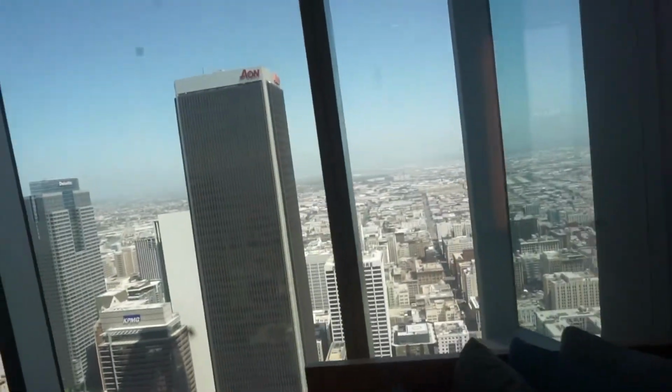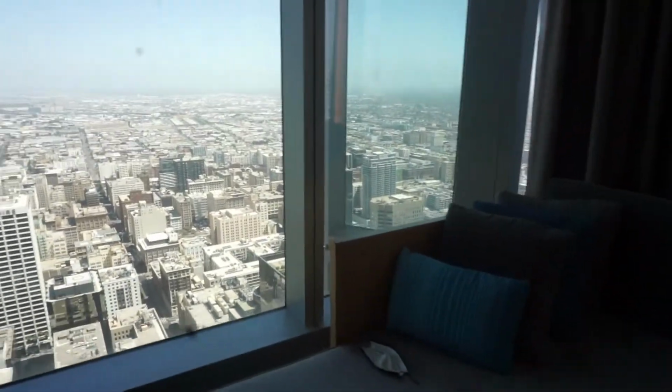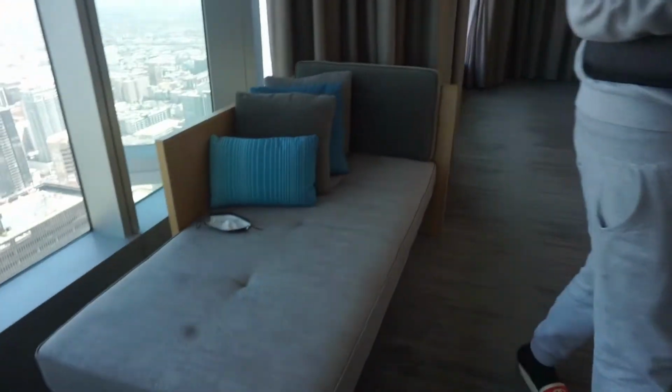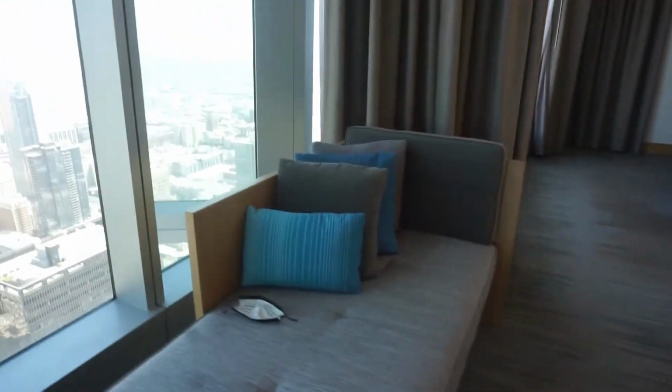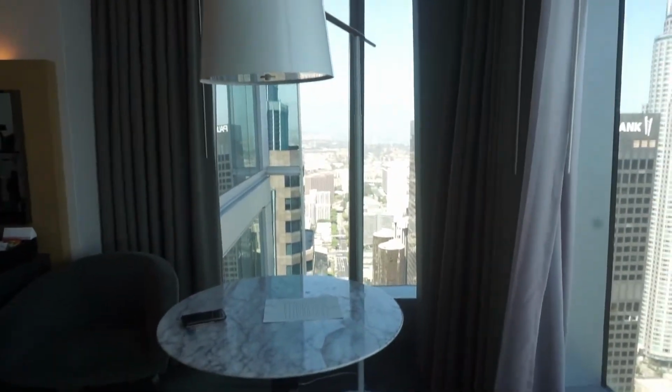So then here is the sitting area. Oh my gosh, it's still all open glass. I mean, of course you can close it with the curtains. I cannot talk. That's Maze Bank from GTA. I don't even know what that is, but they have a couch here, so cute. Here, right to my left, there's more open window space. There's a lamp, table, chair,